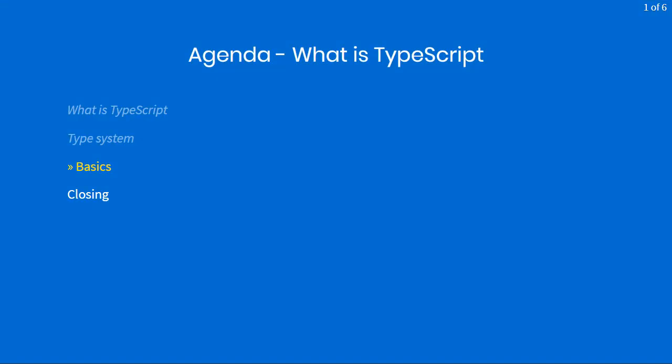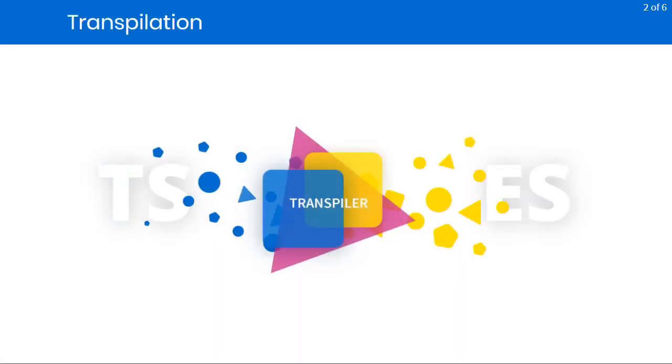The last thing that we're going to cover in today's video are some of the basics of working with TypeScript. So let's start by talking about transpilation. Now there's a couple of different terms that you might hear used for the transpiler in TypeScript. The TypeScript documentation actually calls it compilation, but we prefer to use the word transpilation because we're actually transpiling from one language, the TypeScript language, over to the JavaScript language.